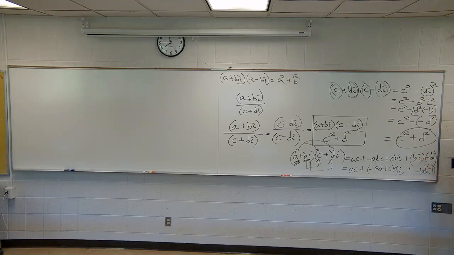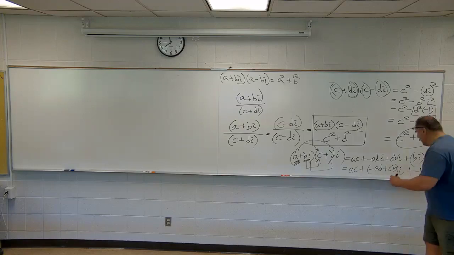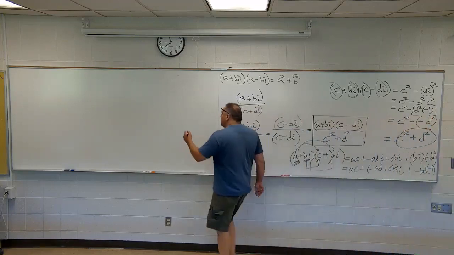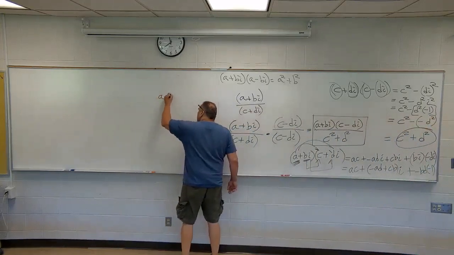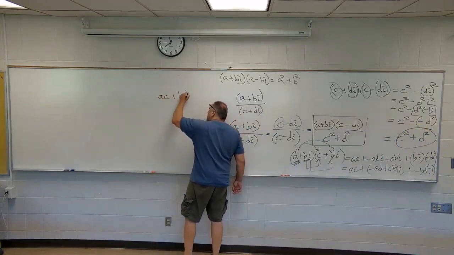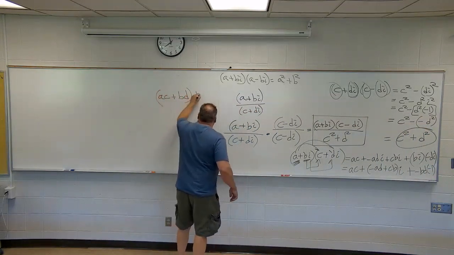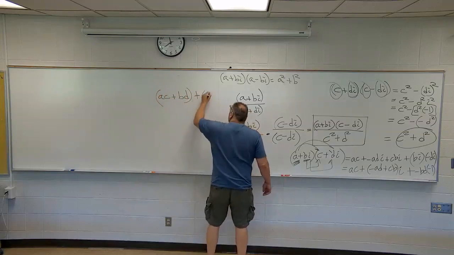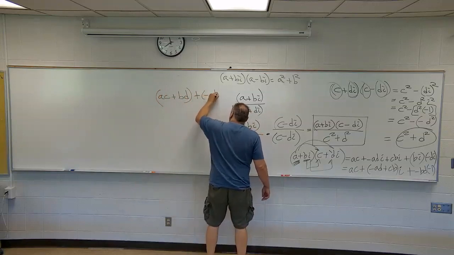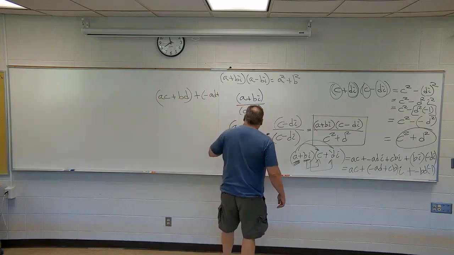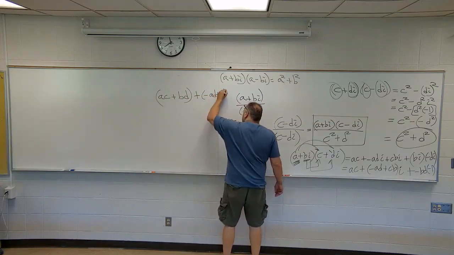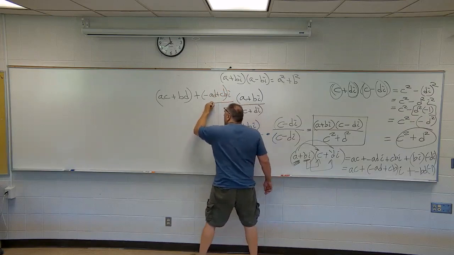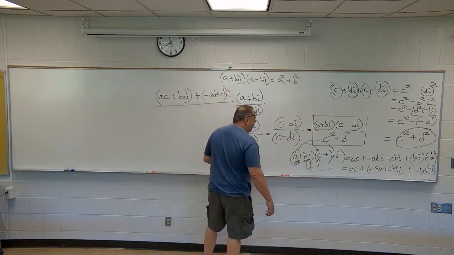Negative 1 times negative bd is positive bd. So you got ac plus bd. That's a pure real number right there. And the other one, you got negative ad plus cb, the whole thing times i, the whole thing over